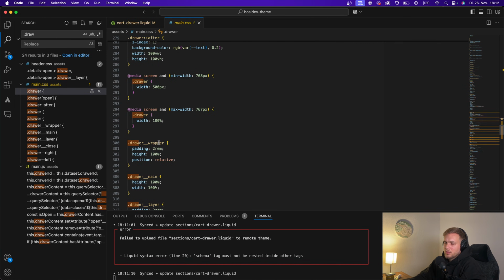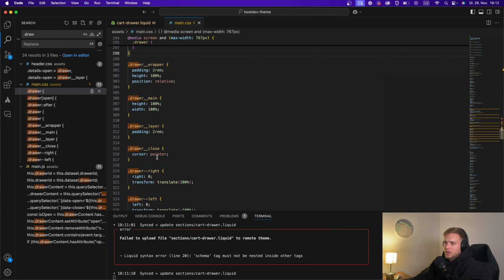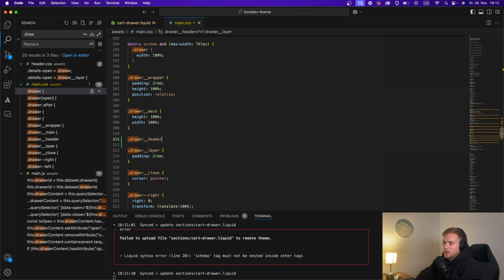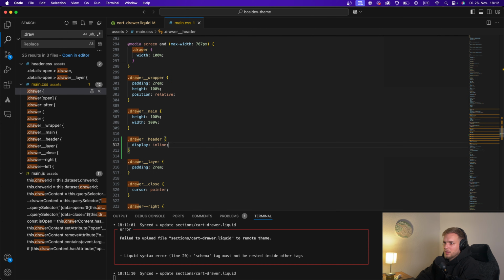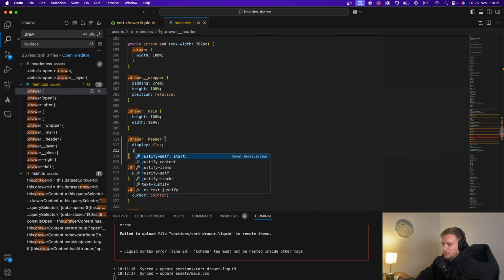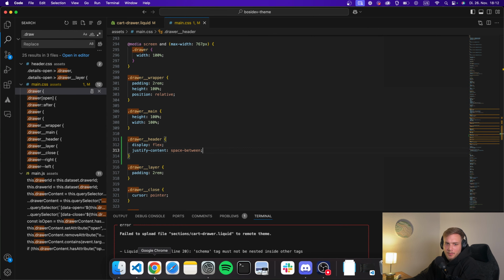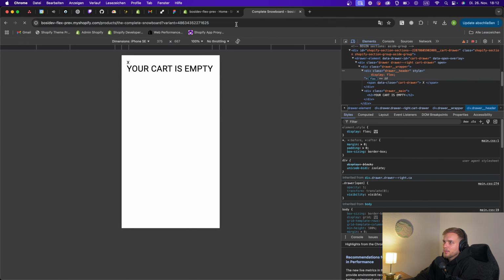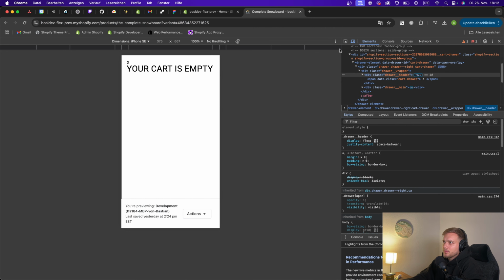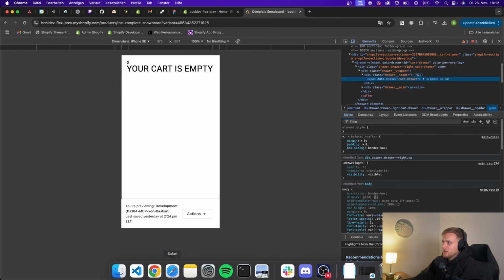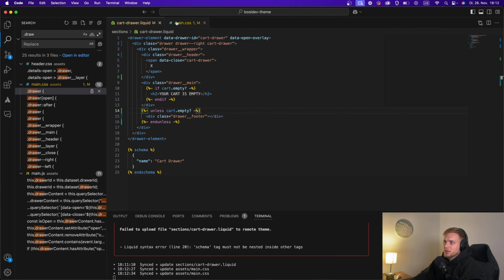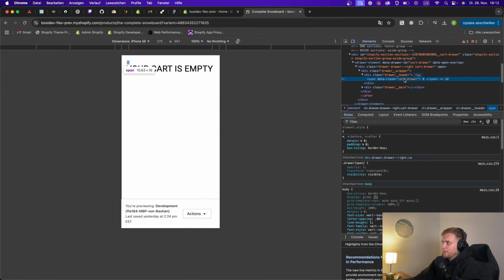So let's say drawer wrapper. Now we have drawer main, drawer layer. Then we have drawer header is display flex, justify space between for now. So we have drawer header, space between, so we have the cart drawer close, which